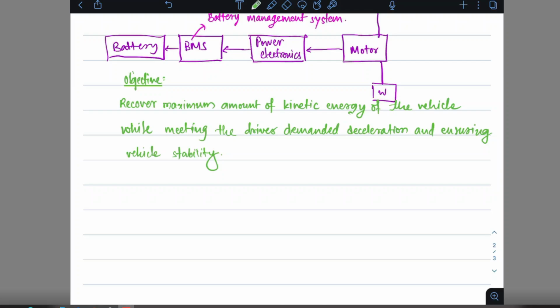So as we discussed earlier, if the driver demanded deceleration is not achievable by the full capacity of our motor, then what should we do? Then we should incorporate friction braking. In such a case, if the friction braking needs to be incorporated, we have to ask,